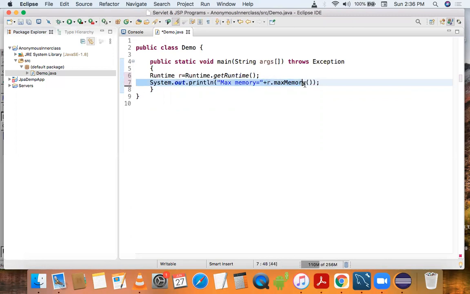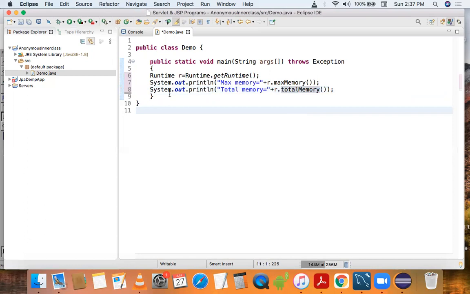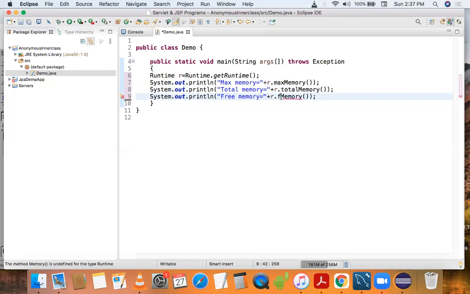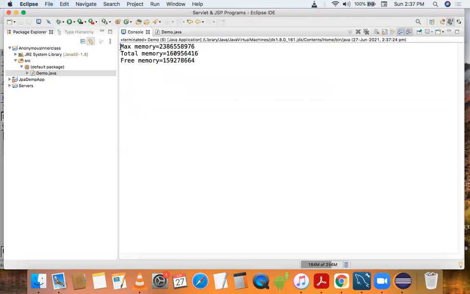Similarly we can get total memory. Similarly we can get free memory. So let's run the program. So here we are getting maximum memory, total memory of heap, and free memory of heap.